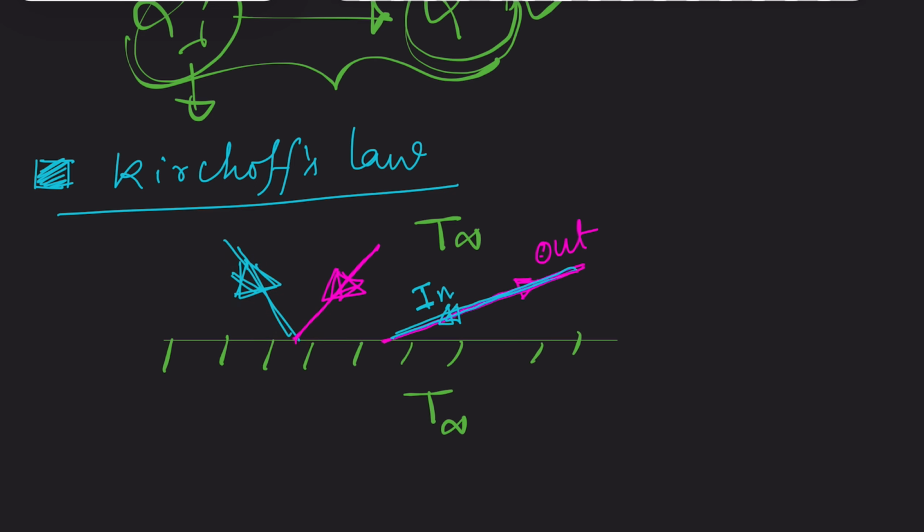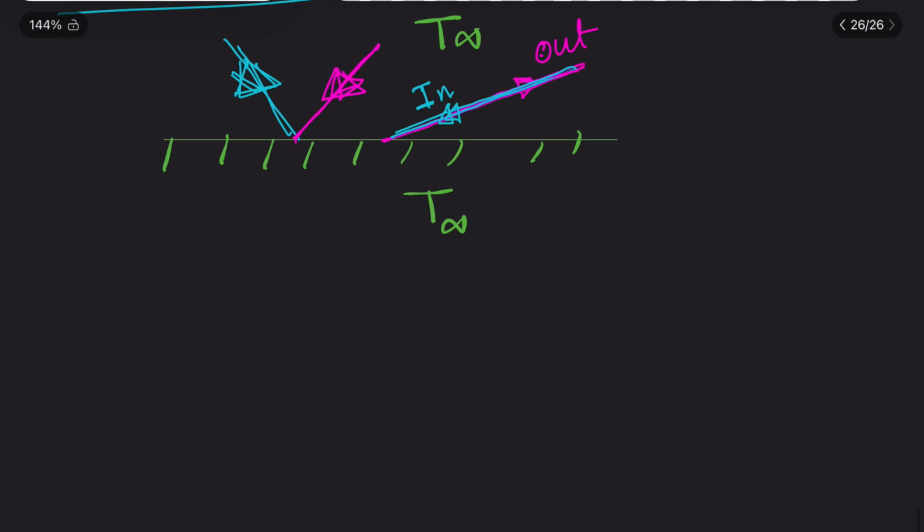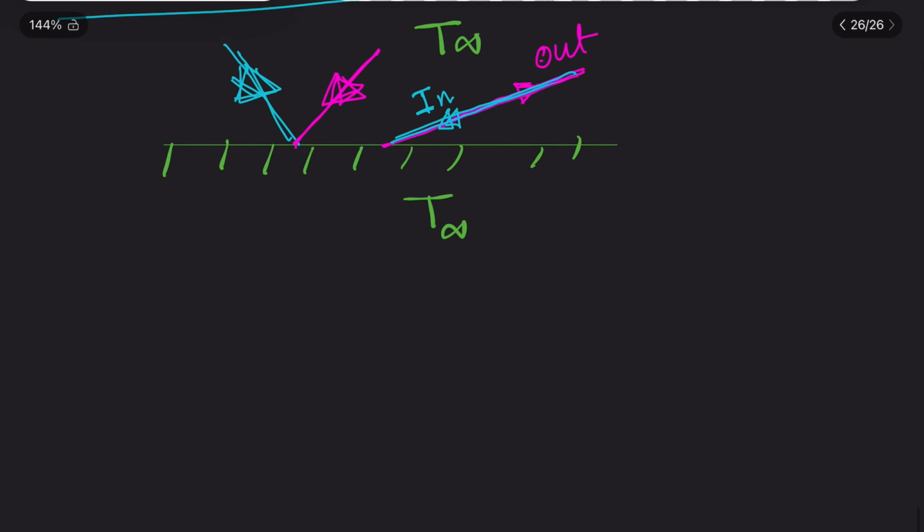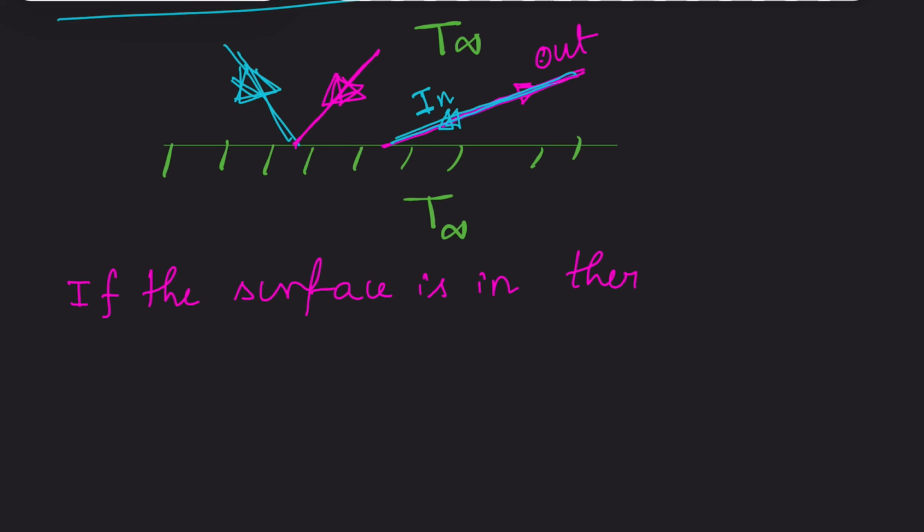So we cannot confidently say that for any energy that is going out, we have the same energy coming in. Only if it is true that for the same direction, the energy going out is equal to the energy coming in from that direction, then we can say that the body will surely be in thermal equilibrium. And this is Kirchhoff's law, that if the surface is in thermal equilibrium with surroundings,